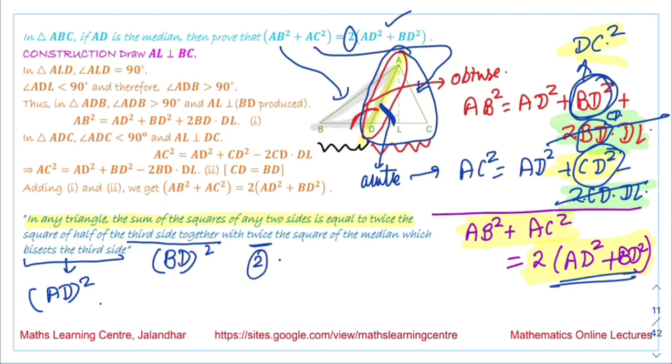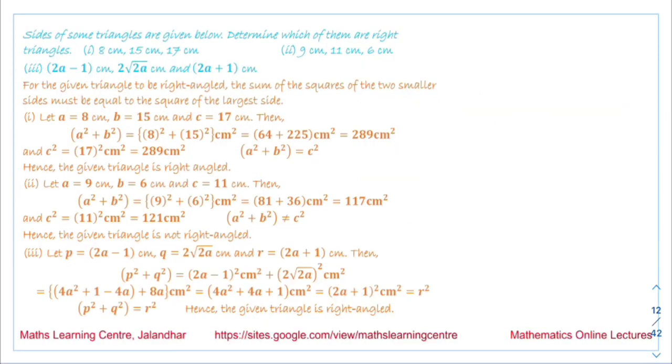Now in this next question, the sides of some triangles are given below, and we have to determine which of them are right angled triangles. So first is 8, 15 and 17. This 17 is the largest value. So if it is a right angle triangle, then it will be the hypotenuse. If we calculate the value of 8 square plus 15 square, we will get 289, and this value is equal to